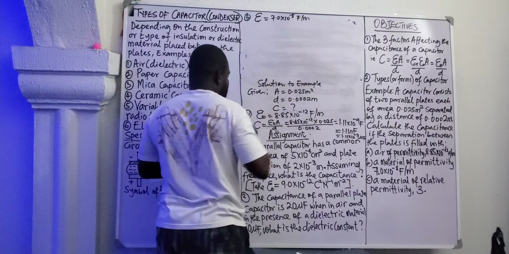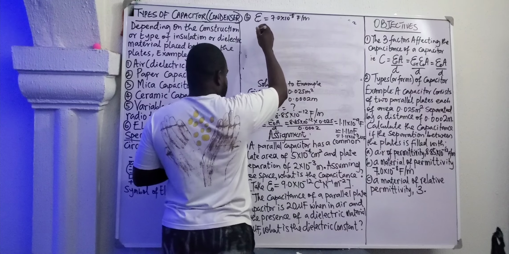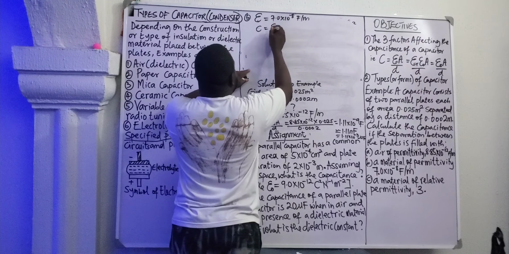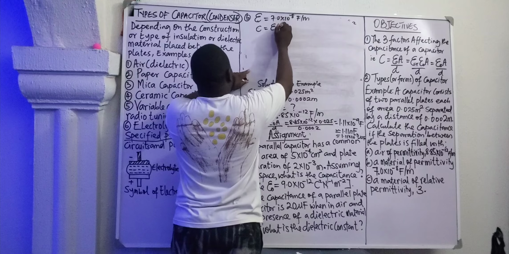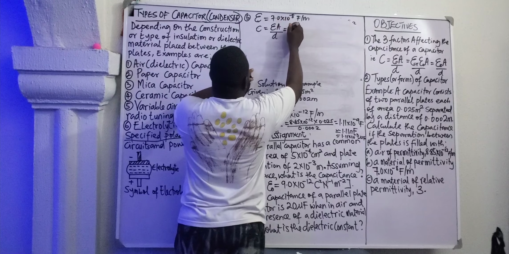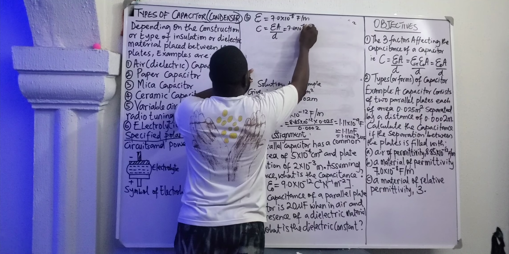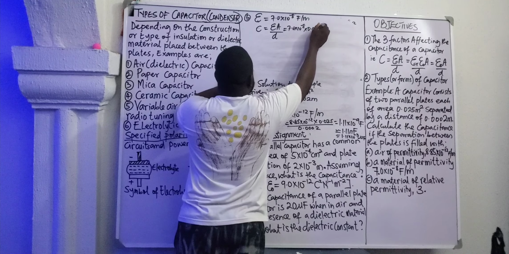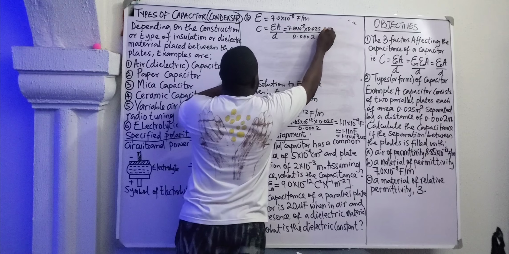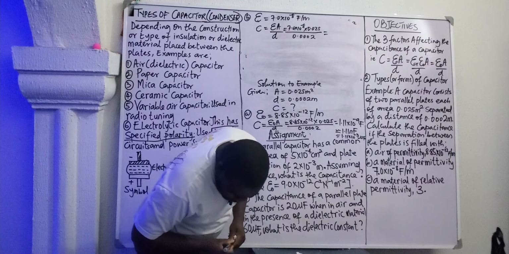To find the capacitance, here I will use equation 3. So C will be the permittivity of the material multiplied by the area divided by the distance. Once again, I will substitute 7.0 times 10 raised to the power of minus 8 times the area 0.025 divided by the distance 0.002. Once you multiply and divide, you are going to have